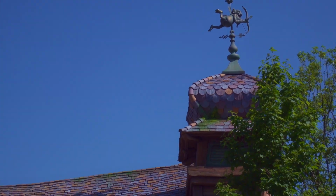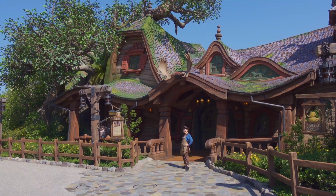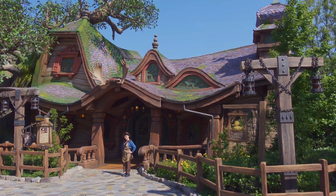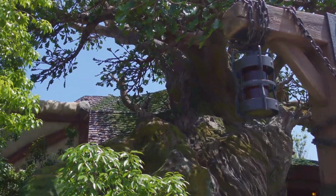It's such a fun vibe in here. And even when you just see the exterior of the building, this giant tree that's crushed the small tavern, it's a pretty big set piece. It's really detailed, it's really fun to look at, and it perfectly sets the tone for the fun fairy tale vibe of the restaurant. You may even be able to find a leaf that looks like a certain tri-circle-headed mouse,